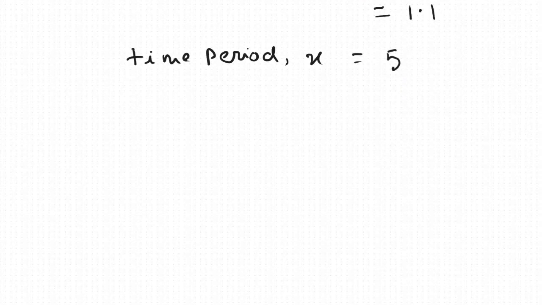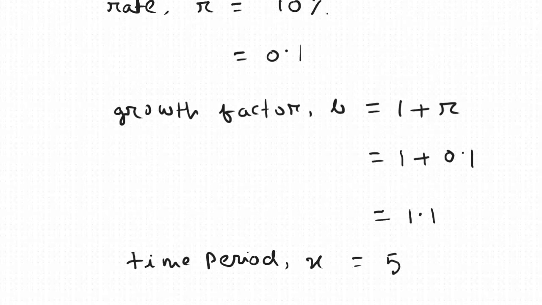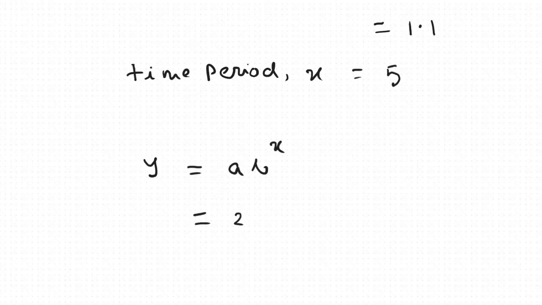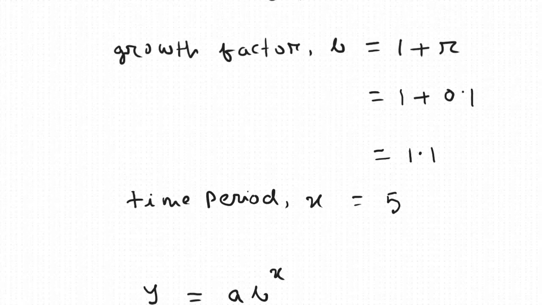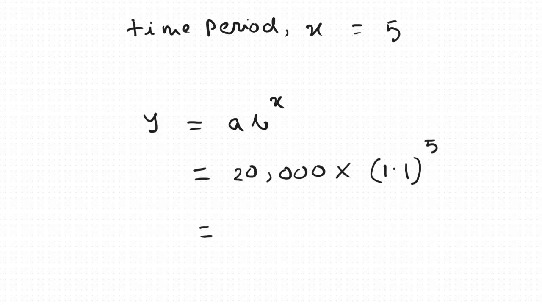So we get y equals a b to the power x. So the value of a is 20,000. The value of b is 1.1, and the value of x is 5. Then we can write